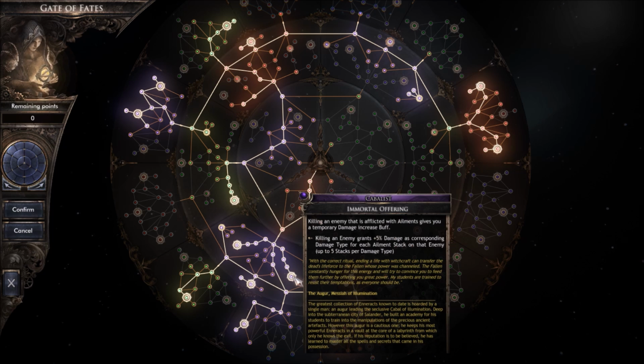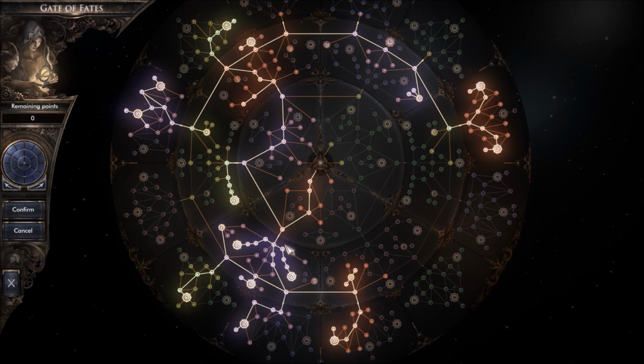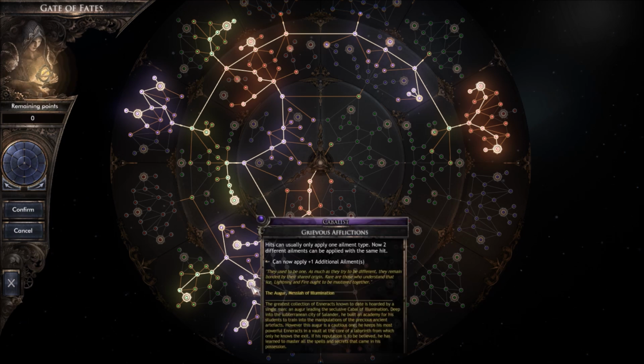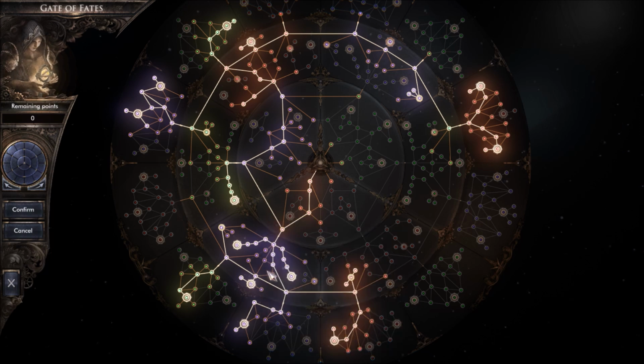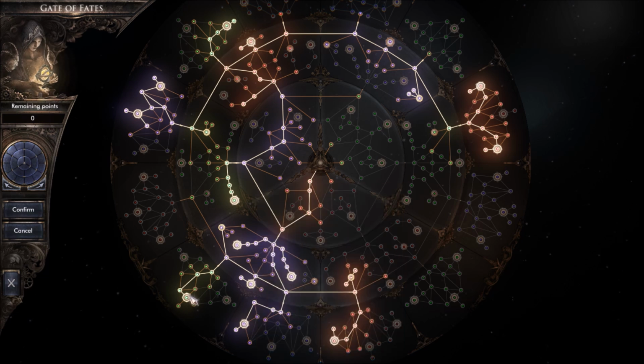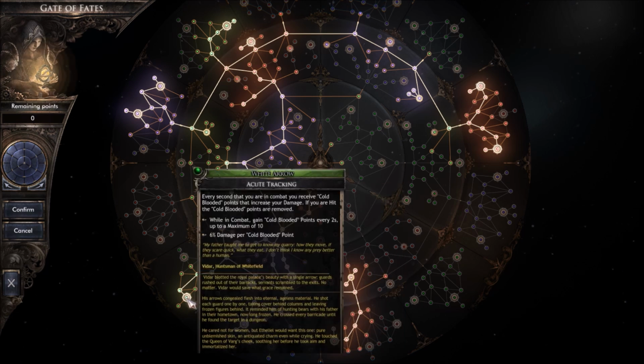On this side, we have Immortal Offering, which is very important. We have additional elements, so now all your spells can of course apply 2, which is also very important. We break off and come down to Occult Affliction, so every element that you're casting is now going to boost that damage even further. We're going to come over here and take Acute Tracking, which I've been using